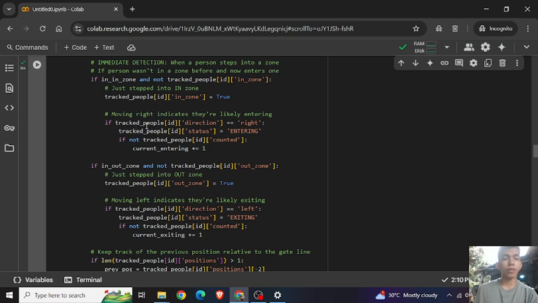So if track_people ID direction is right, then this line says moving right indicates they're likely entering, and they're marked as entered. So if the person moves to the right, that means they are entering the main gate.